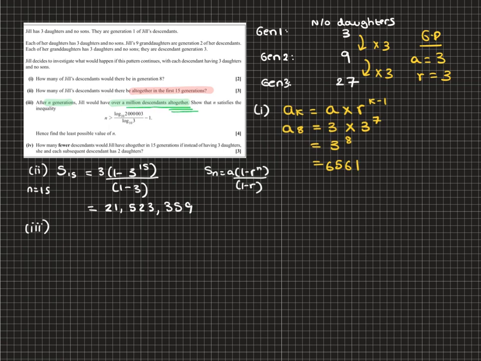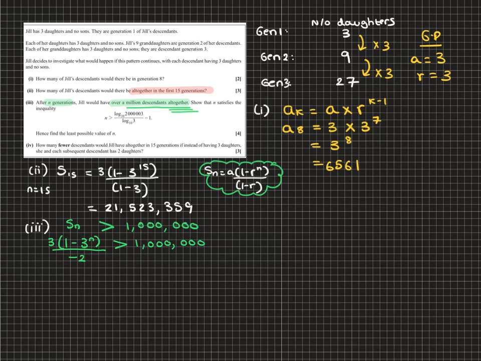And the key word here is altogether, because this tells us we're looking at a sum. And what we want is the sum of all her generations, the total of all her descendants, to be over 1 million, like that. And all we're going to do is take this formula here, and we're going to input it in for S_n. Now, of course, a we know is 3. So that's 1 take away 3 to the n, all over 1 take away 3, which is negative 2, which is greater than